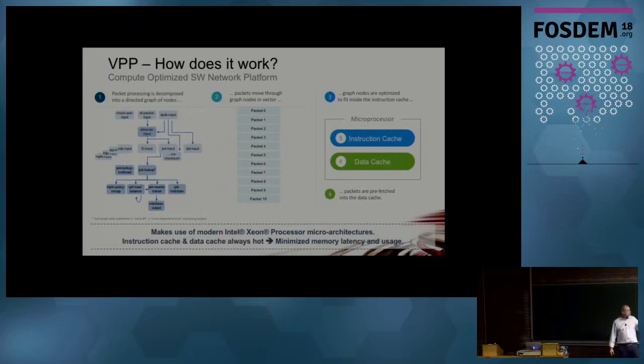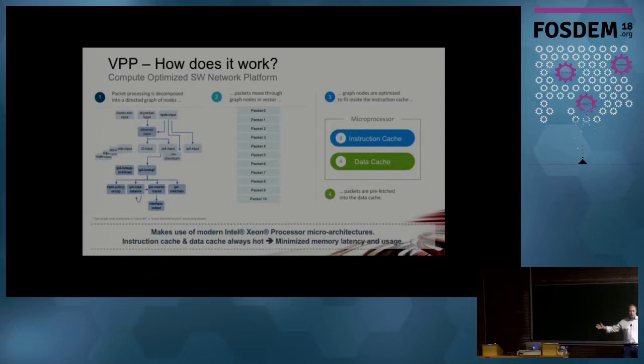So how can we do that? Either we increase the instruction cache size, and I guess our friends from ARM and Intel are all doing that. But what we can do as well is try to be smarter in writing our software. Instead of executing the full code for every packet and coming back again, what we can do is have small portions of code that are applied to a bunch of packets.